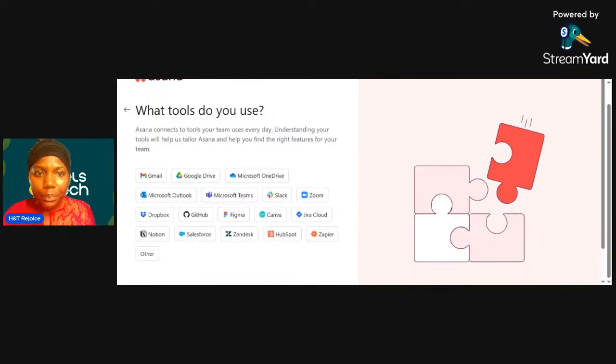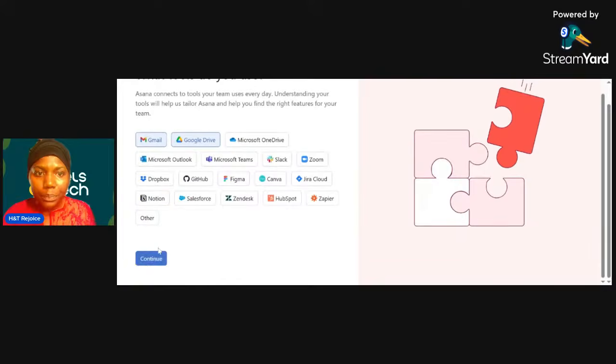So Asana connects to tools your team uses every day. Understanding tools will help us tailor Asana, find the right features for your team. So let's say we do this. Okay, and let's continue.